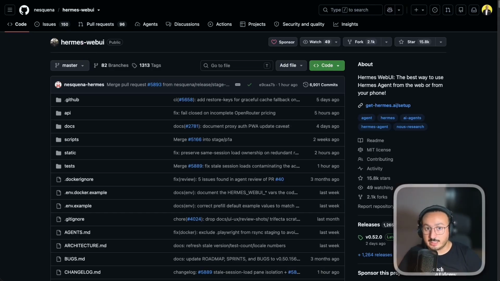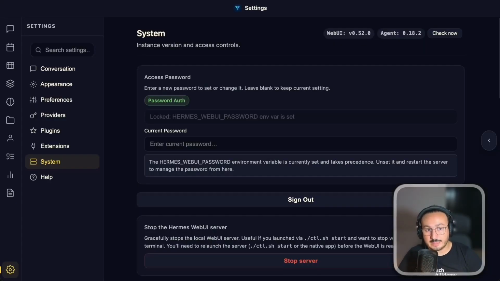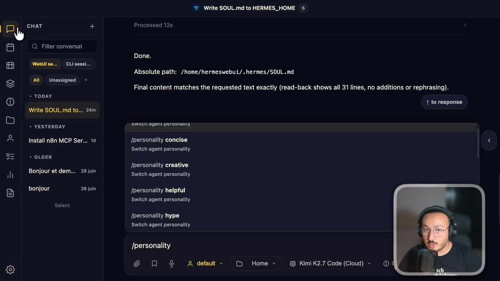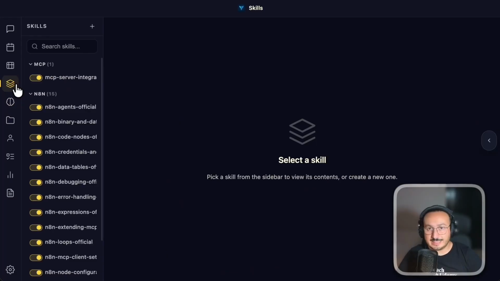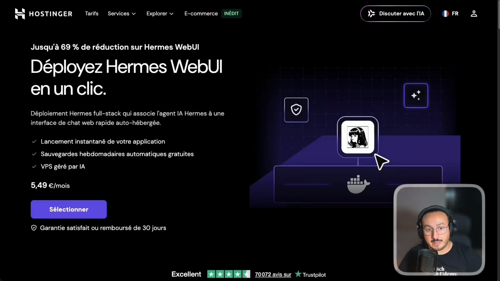So for all beginners, I recommend this version to you. It's the most stable version today, the simplest one where I can really manage the tools and actually install the skills. It's easier than working with the classic Hermes. I've been using it for several months and of course it's installed on my server and it's simple, so I'll